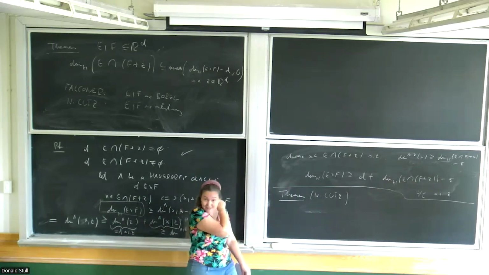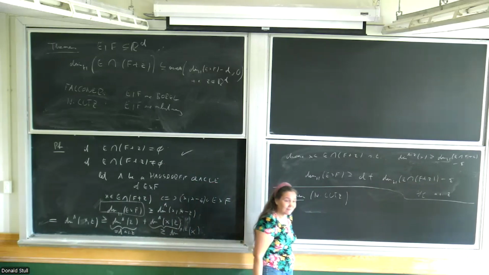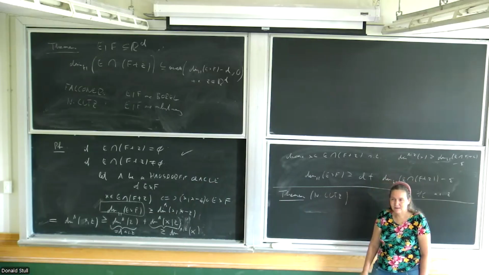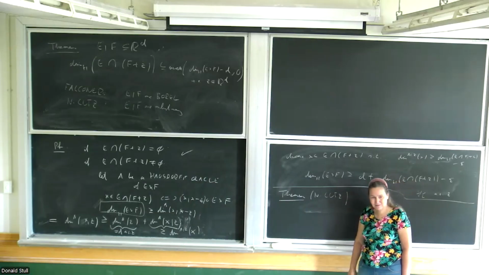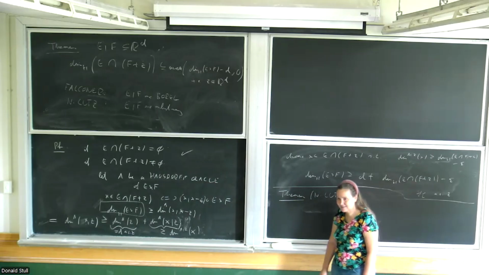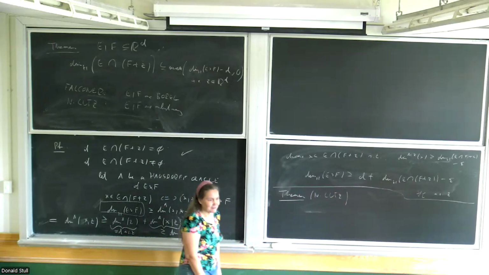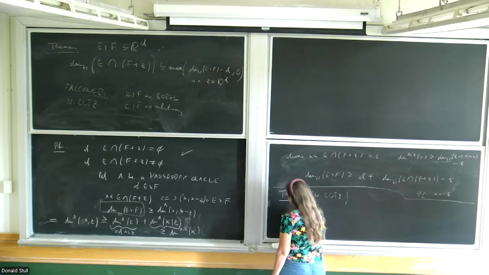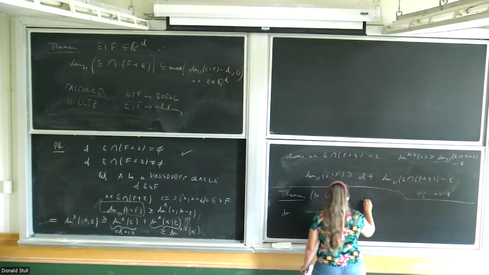Which is again something we knew before for Borel sets. The proof was really highly non-trivial. And now it turns out it's true without the assumption of Borel. You don't care whether the sets are Borel or not, and the proof is trivial. So the statement is, if E and F are arbitrary,